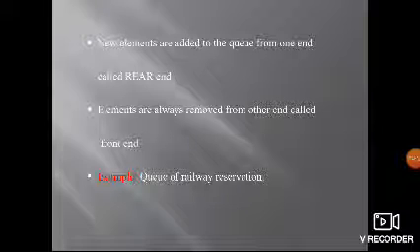A railway reservation queue is an example, where we are taking the ticket with a token. So that is an example we can give. Prayer also: if you go for prayer in schools, we maintain queues.